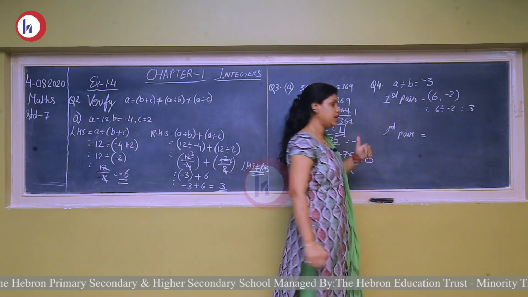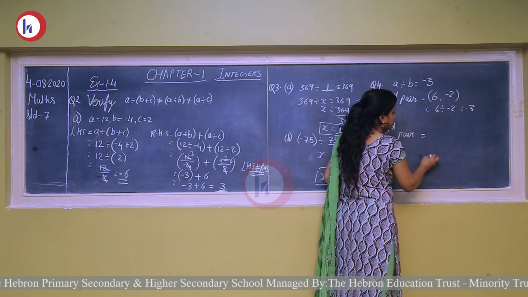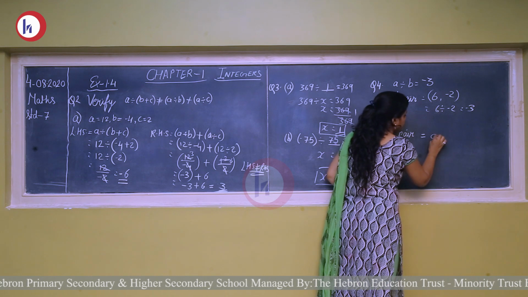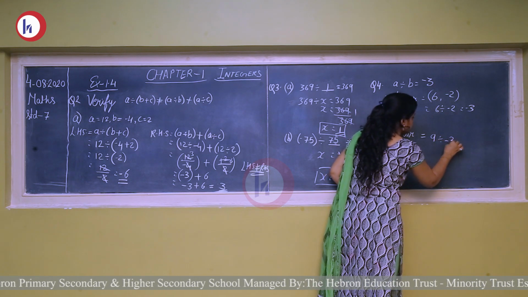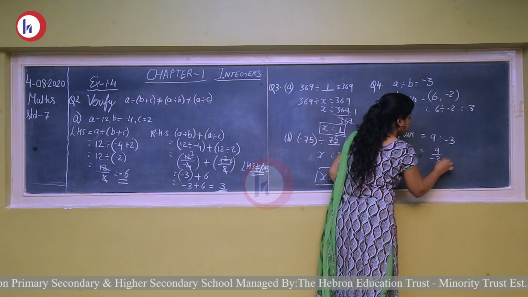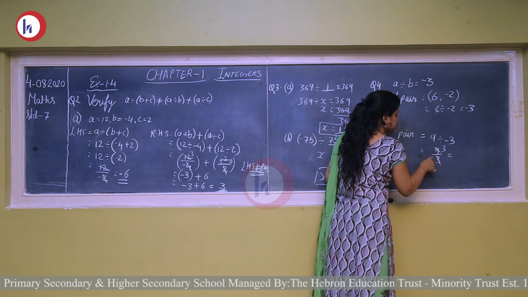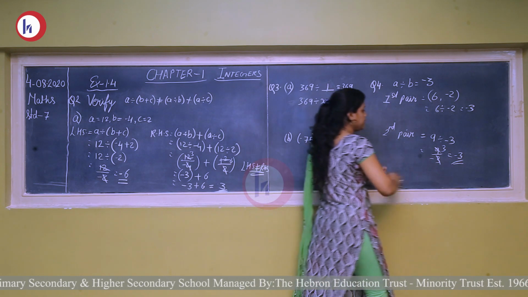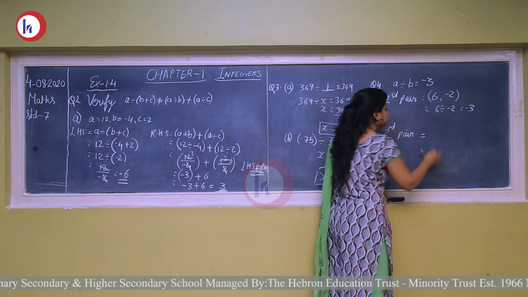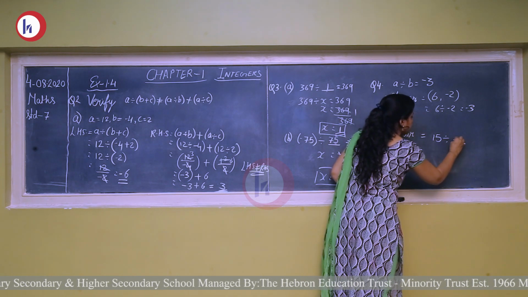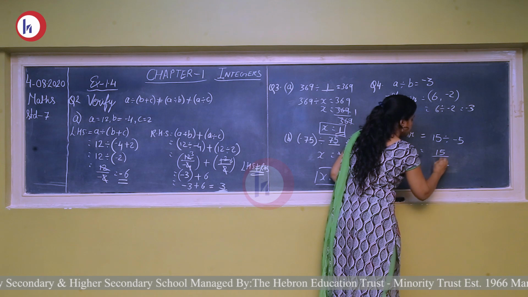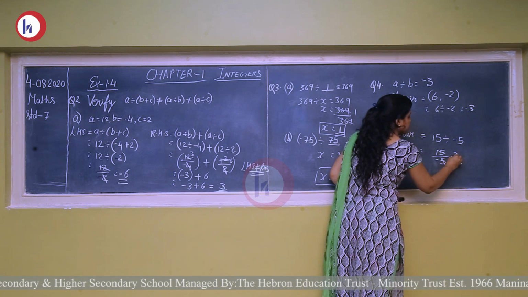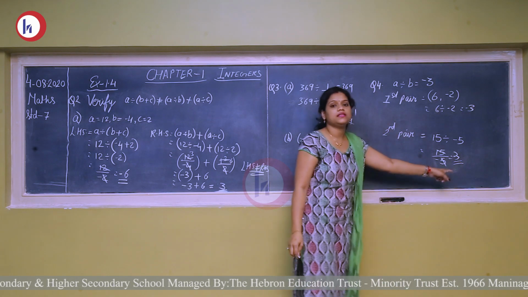Same way, if you follow the 3 table, you can get the second pair. Like if you take 3 2s are 6, 3 3s are 9. If you divide 9 by minus 3, what are you going to get? 3 3s are 9, plus divided by minus, answer will be minus 3. Right? Again, if I take any other example, suppose you take 15 divided by minus 5. 5 3s are 15, plus divided by minus is going to give you minus 3. So everywhere you have to get the answer as minus 3.